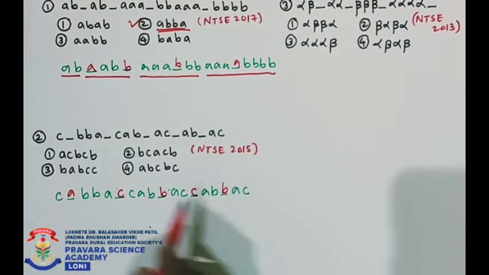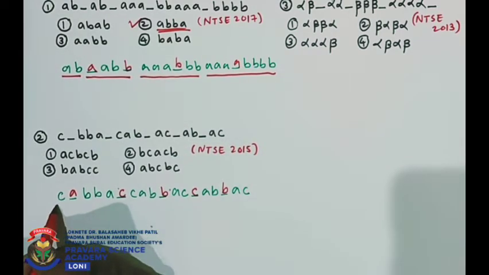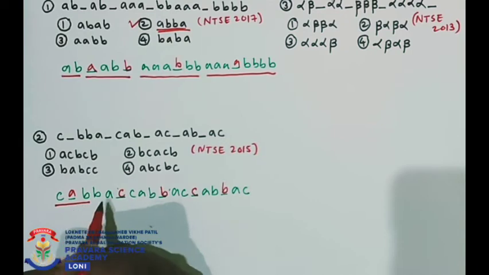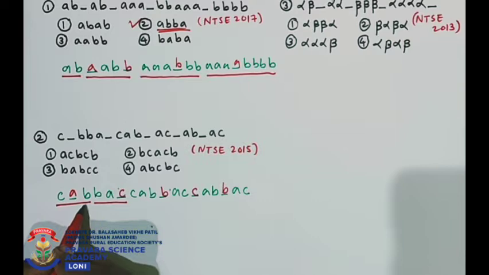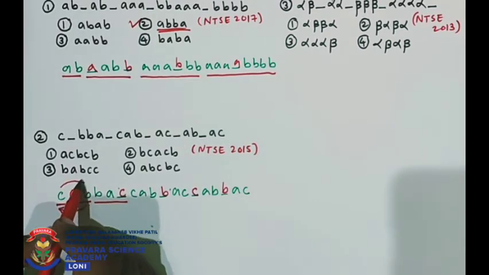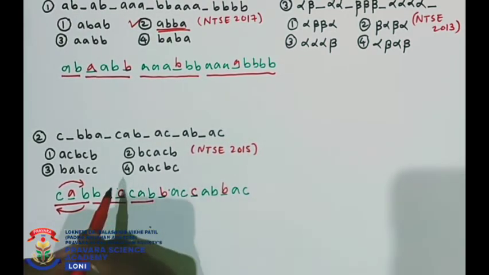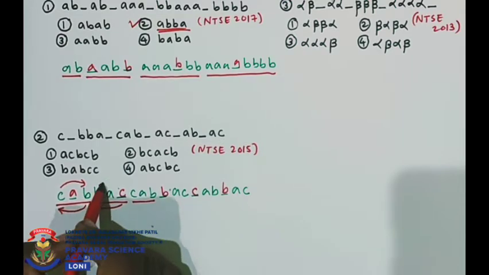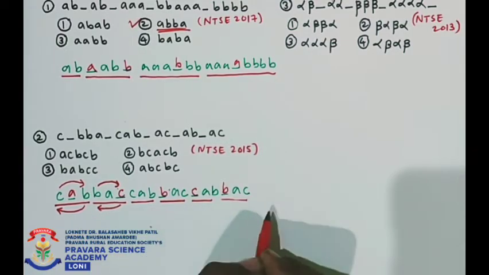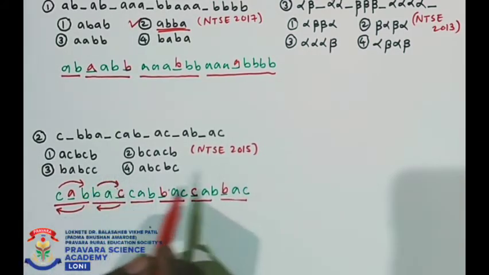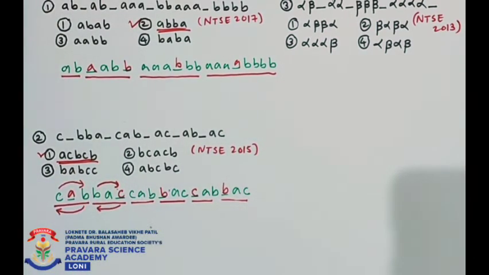If you look at this series, if I make groups of 3 alphabets, here it is CAB, next 3 alphabets are BAC, that means this B is going here and this C is going here. So we are getting BAC. Now here it is again CAB, that means again this C is going here and this B is going here. So the same method is followed, that is BAC, CAB, BAC. So here we got our answer in the first option only. By putting these values, they are completing this sequence.